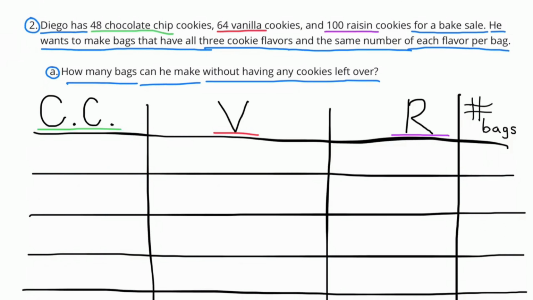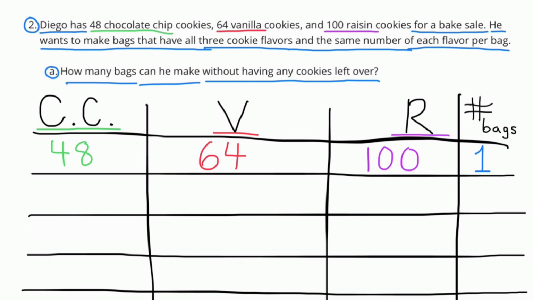I made a table with the number of bags on the far right-hand column, the number of chocolate chip cookies on the left, the number of vanilla cookies in the middle, and the number of raisin cookies to the right of the vanilla cookies. The information that they gave us said that there were 48 chocolate chip cookies, 64 vanilla cookies, and 100 raisin cookies. If you were to stick all those cookies in one bag, you'd have 48 chocolate chips, 64 vanilla, and 100